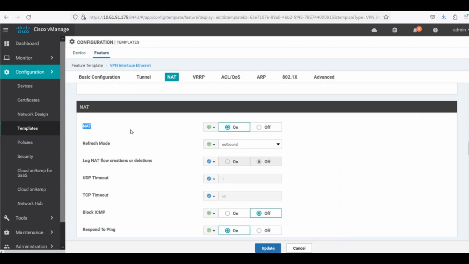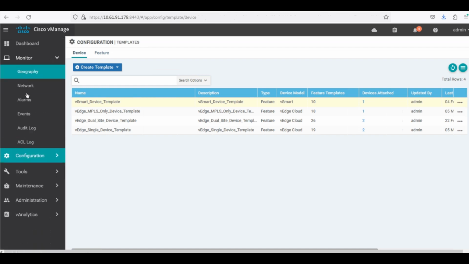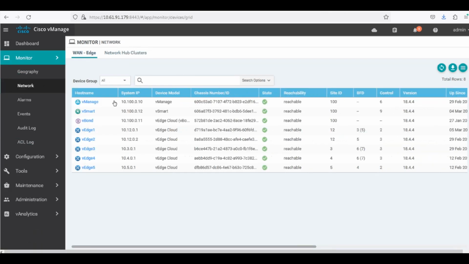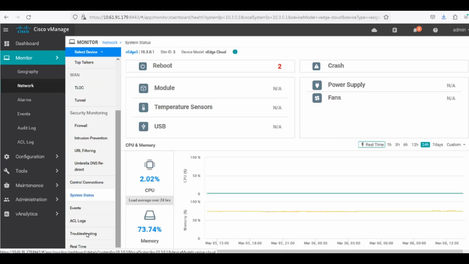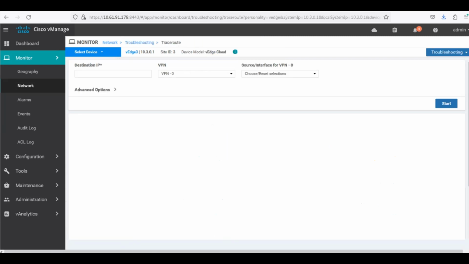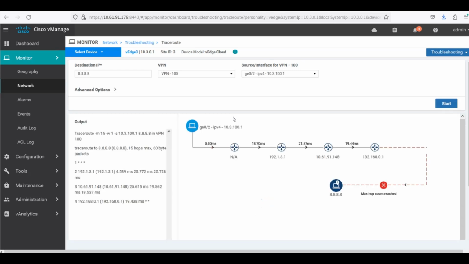So first I'll show you the NAT config in the branch side for the guest. If I go to show you what happened in VH3, we'll navigate to troubleshooting. I'll run a traceroute to the internet 8.8.8.8 and I choose VPN 100. And then quickly we will see all the internet traffic goes through the local internet on the VH3 site 3